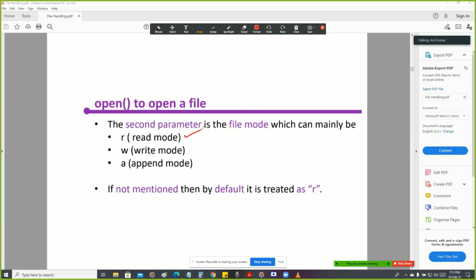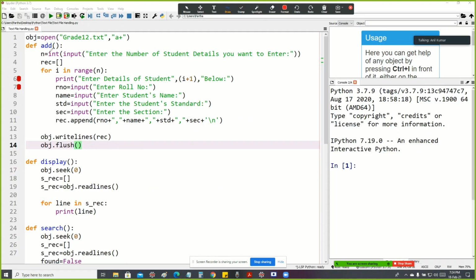For reading, we use R mode. For writing, W mode. For appending the data, we use A mode. Suppose you have not mentioned any mode in the open function, then by default it is treated as R mode, that is read mode.